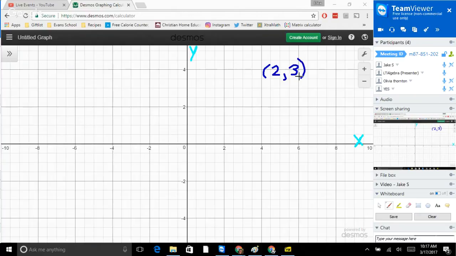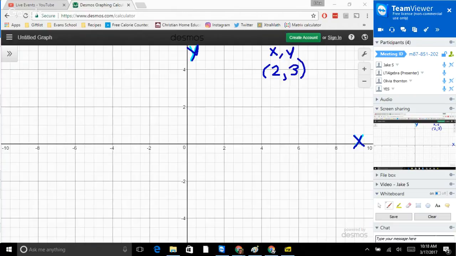One thing to note is when you get a coordinate like this, it's always written as x first, y second. So you don't ever have to think which one goes first. It's always x and y. If you can remember that your coordinates are x and y, and your coordinate plane is x and y, then if you can remember those two pieces of information,